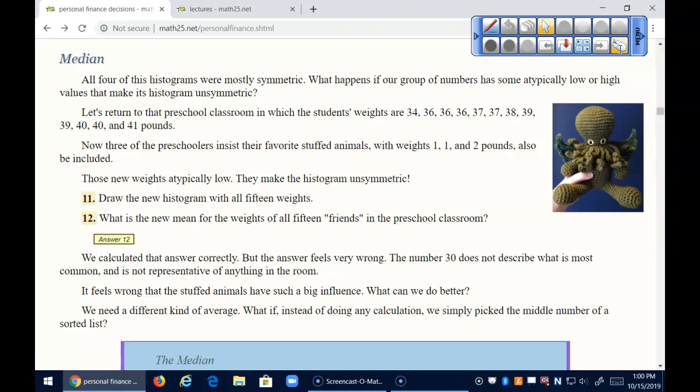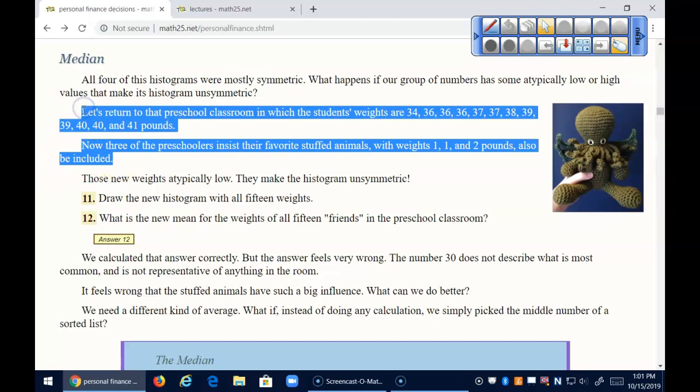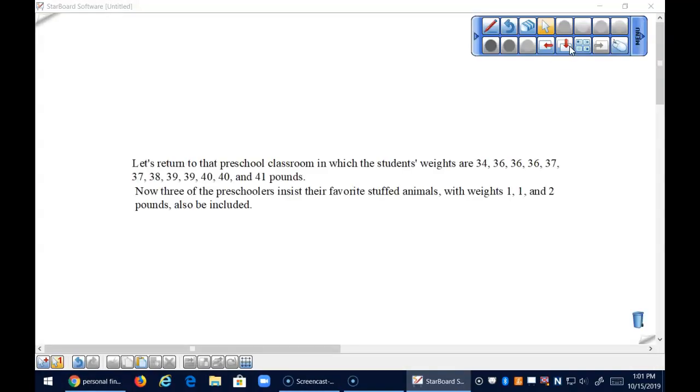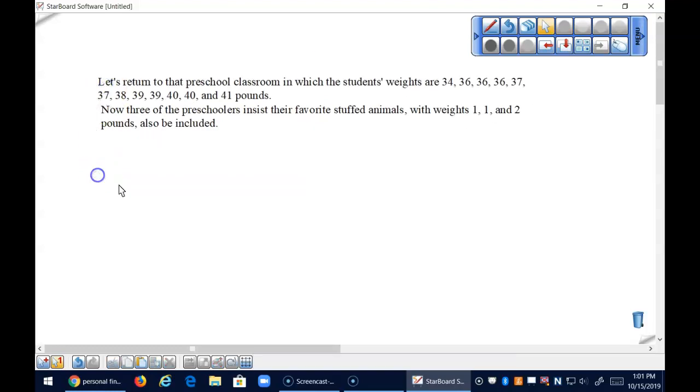So wait, we're not going to put the number between, so we have to like 1 pound, 2 pound, 3 pound, 4 pound, all the way up to 40. No. Well, I guess I don't know. Okay, who can answer Amanda's questions? Do you need the bottom of your histogram to start at 1 and go all the way up to 41? Yeah. Okay. Otherwise, you're not going to have a place for some of the bars. That's going to change the shape. Why does it say 1, comma, 1, comma? Because there's 3 stuffed animals. Got it. Okay.